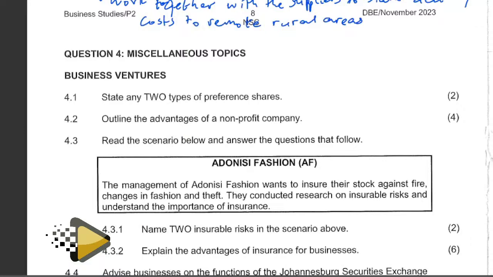State any two types of preference shares. So if you still remember, we have cumulative preference shares and non-cumulative preference shares, and also we have redeemable preference shares and non-redeemable preference shares. So here we are saying that we have cumulative